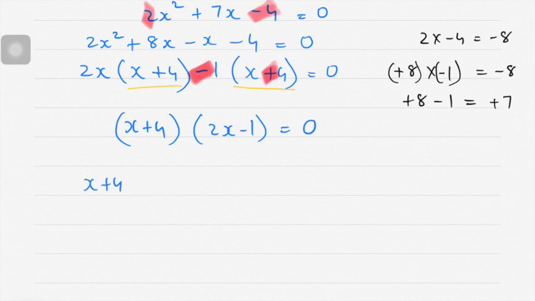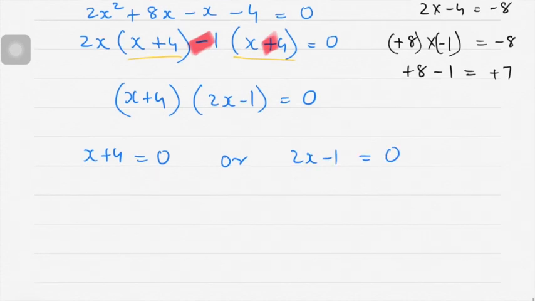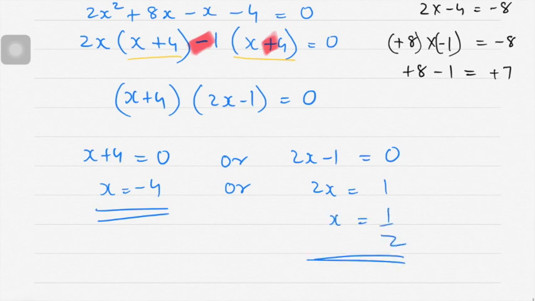So x plus 4 into 2x minus 1 is equal to 0. So x plus 4 is equal to 0, or 2x minus 1 is equal to 0. x is equal to minus 4, or 2x is equal to plus 1. So x is equal to 1 by 2. Okay, so my final answer is x is equal to